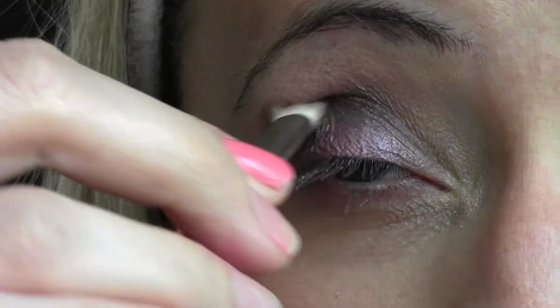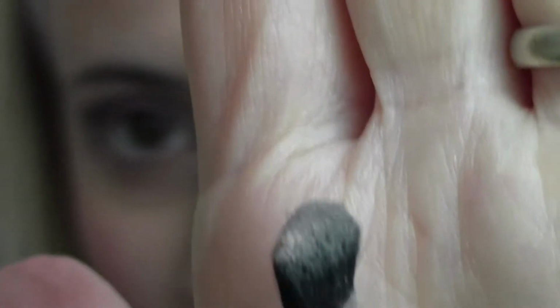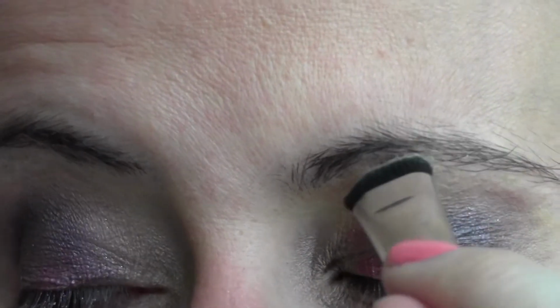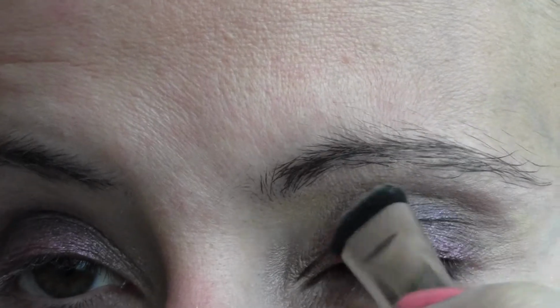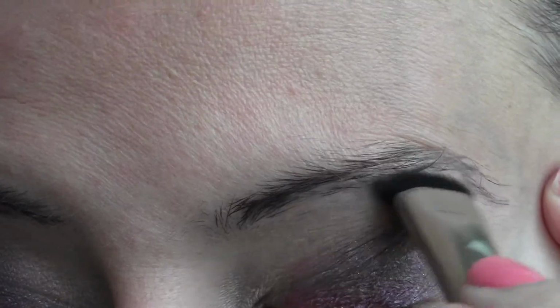Okay, again the same motion. All right, so you can see already the eyes are pretty much strong and bold. Last thing I'm gonna get, this is a short shader brush. It's already kind of white. I'm gonna get Anonymous because it's not shimmery, and then I can just do this little, oh, I went all over the brow there. Just get a little bit of